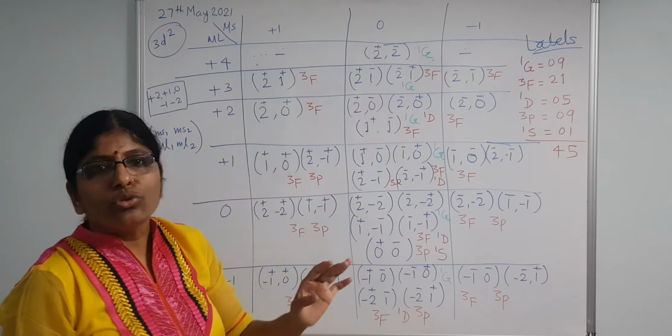So what label will come? L is equal to 3, capital F, and if we substitute in the 2S plus 1 formula, 2 into 1 plus 1, it will come 3. So now this RS term is 3F. Again we have to get the total multiplicity for 3F by the 2L plus 1 into 2S plus 1 formula, and that will come 21. That means we can label the 3F RS term for 21 microstates in this table.